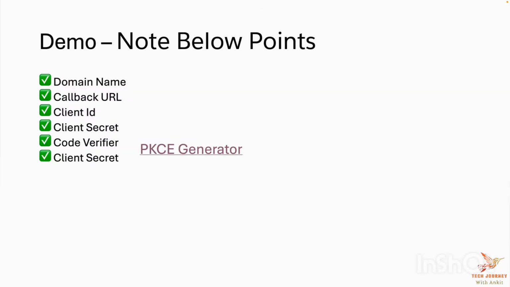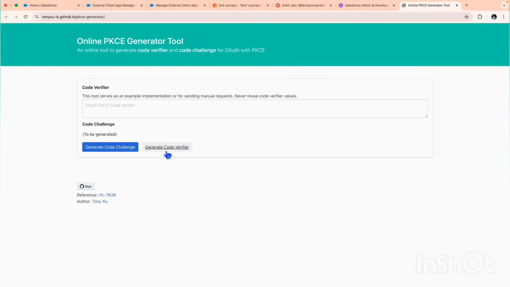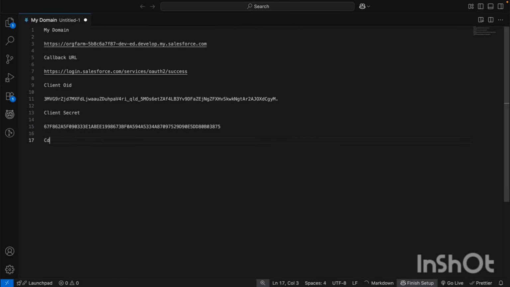For the time being, I am using the online utility with the help of which I will get the code verifier and the code secret. But if you are building this in your programming language, for example in Apex, then you have to definitely write down the logics to generate the code verifier and the code secret. So let's say here I want to say that my code verifier here is take journey with Ankit. You can give any name, it's completely up to you. So this is my code verifier,